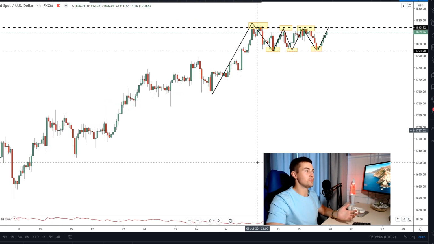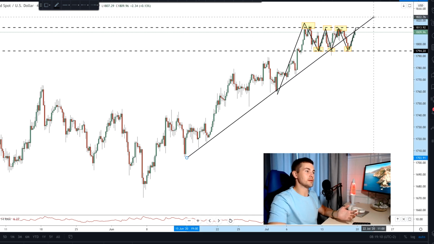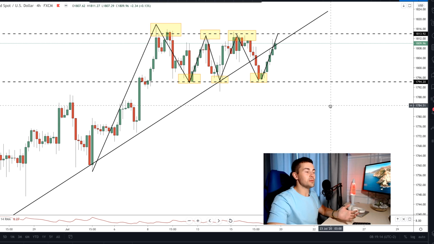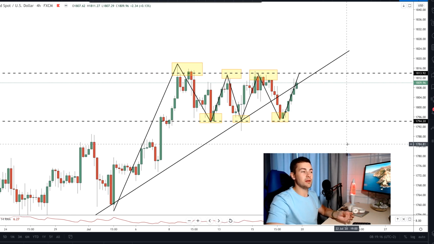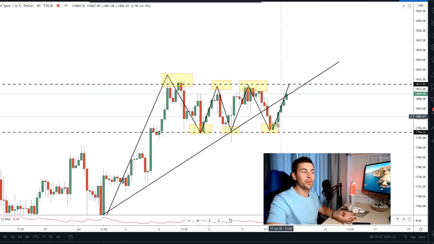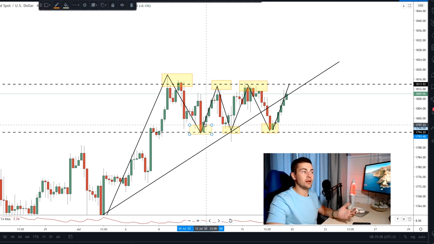Let's return this channel once again. Here goes the support of that channel. And the breakout of this channel from that perspective just doesn't mean anything, because the market is weak. The market is consolidating. And so what if it violated this channel? So what? The market still respects these lows right here. It clearly respects those lows, and it can't go lower.